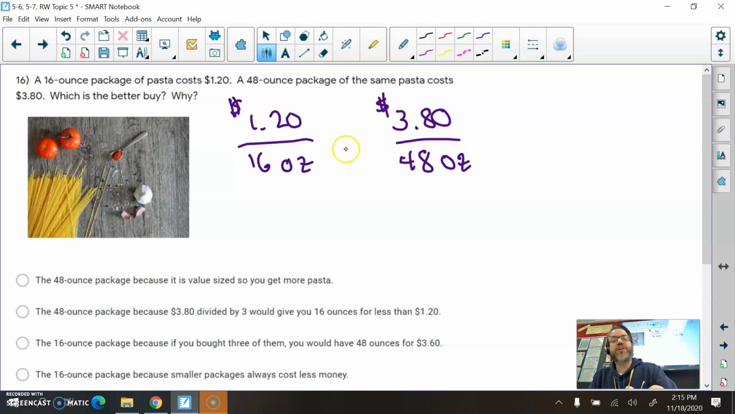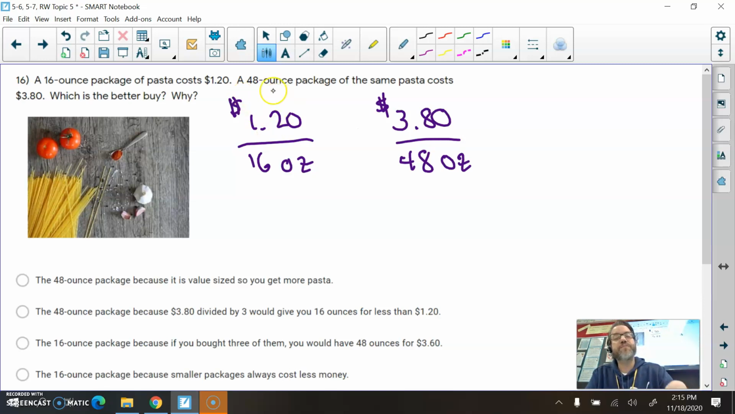Now, I cannot put an equal sign between these because I don't know that they are equivalent. If they end up being the same price per ounce, I could say they're equal, but they probably aren't the same, or they're probably not equivalent ratios. So to tell which is the better value, the first thing I would do, you could, if you wanted to,